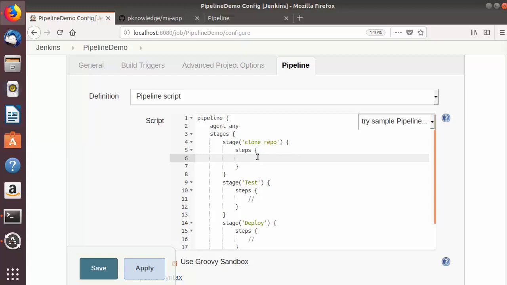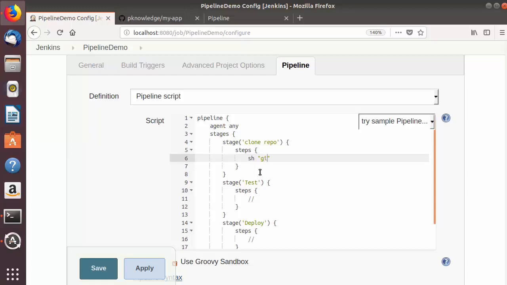For example, here you will write the sh keyword before executing your command, and this sh means shell. If you are running this Jenkins on Windows, then you will write bat here, which is the batch command. Right now we are on Linux, so we will use sh, but if you are on Windows, you can write bat here. So sh, and then in the double quotes,